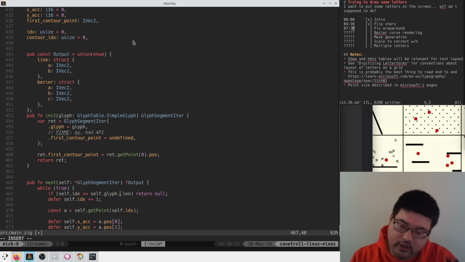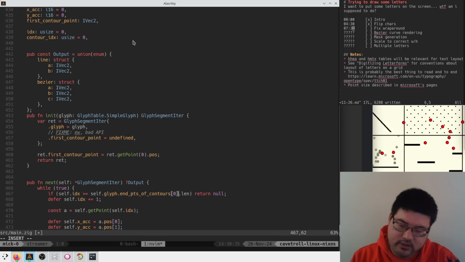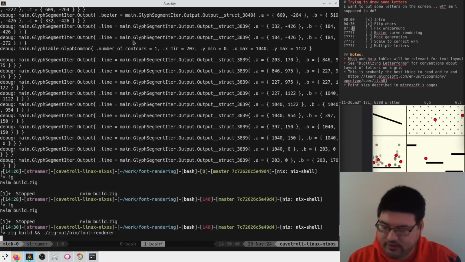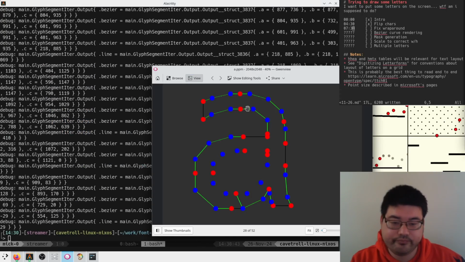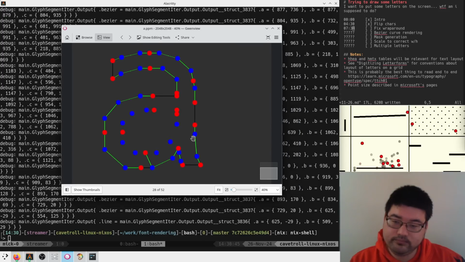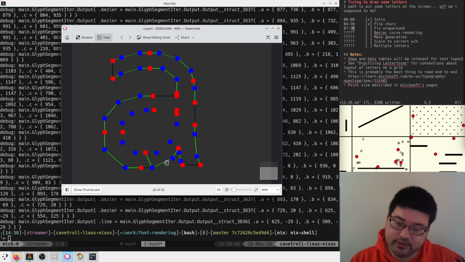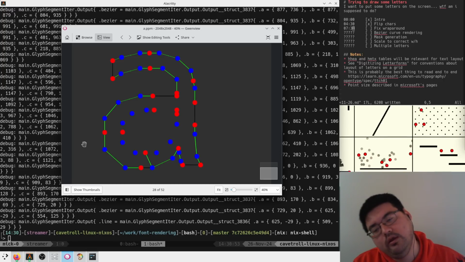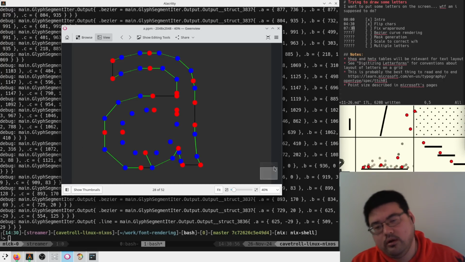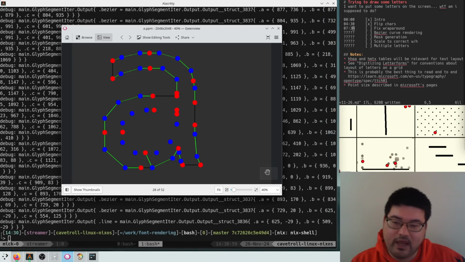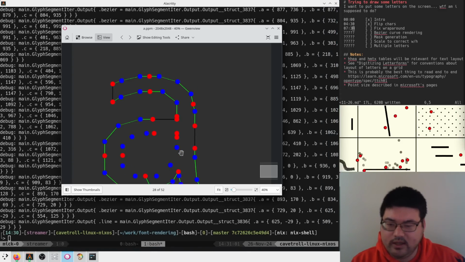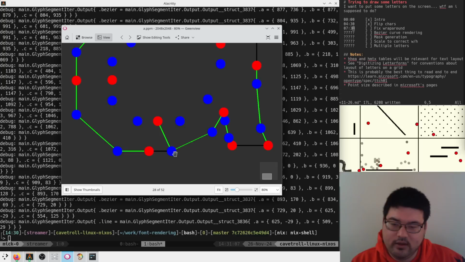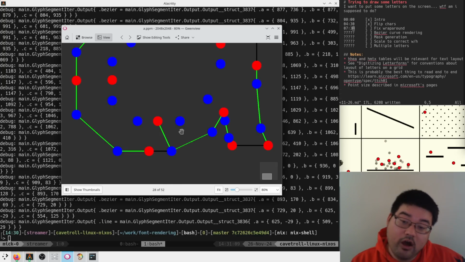So here we'll go end points of contours 0 plus 1 or something. I think that's how you're supposed to do this. Interesting. Oh, you know what? I bet what's happening here is the last point on this contour on the A is an off